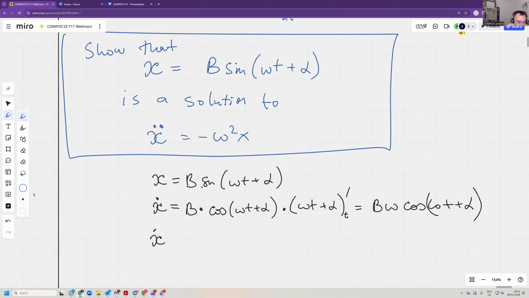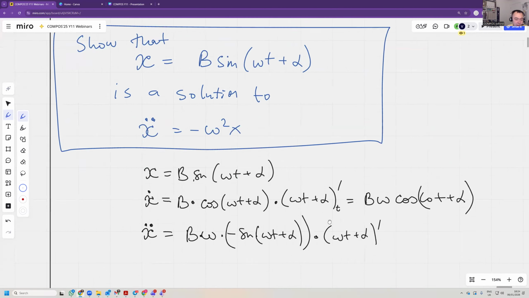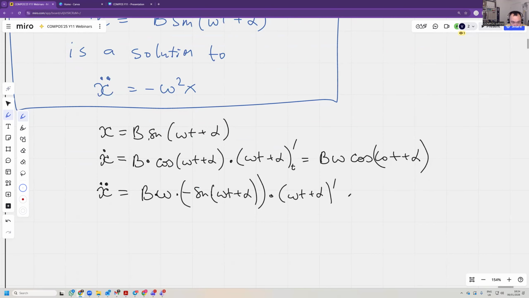Now I differentiated twice. I differentiated for the second time, and I get b multiplied by omega is a constant. Then I multiplied by minus sine. So the derivative of cosine is minus sine omega t plus alpha, and multiplied by omega t plus alpha dash, which incidentally is omega. So it's